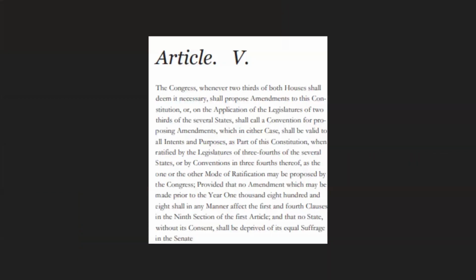The Congress, whenever 2/3 of both houses shall deem it necessary, shall propose amendments to this Constitution, or, on the application of the legislatures of 2/3 of the several states, shall call a convention for proposing amendments, which in either case shall be valid to all intents and purposes, as part of this Constitution, when ratified by the legislatures of 3/4 of the several states, or by conventions in 3/4 thereof, as the one or the other mode of ratification may be proposed by